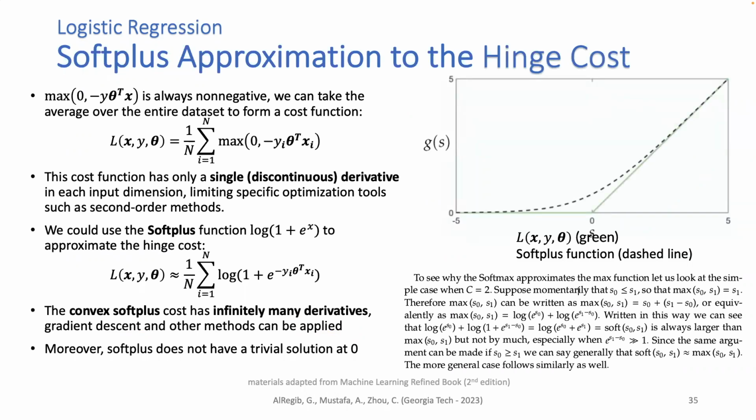So what we do is take what we call the soft plus, which is nothing but the log of 1 plus e to the x. You take the log of 1 plus e to the x, and it will be this dashed line. It mimics the hinge cost at the extremes, but has a very soft transition at 0. So we don't have a trivial solution at theta equal to 0 in this case. And that's the soft plus